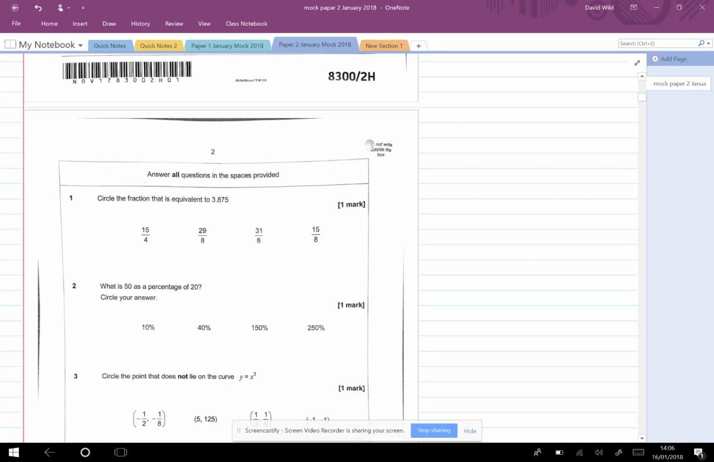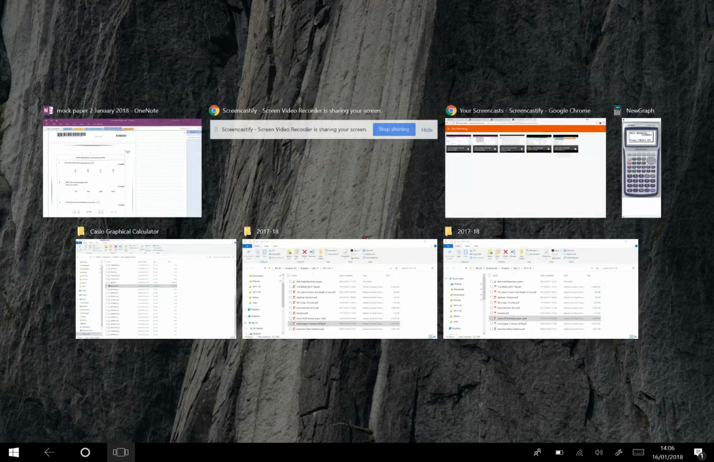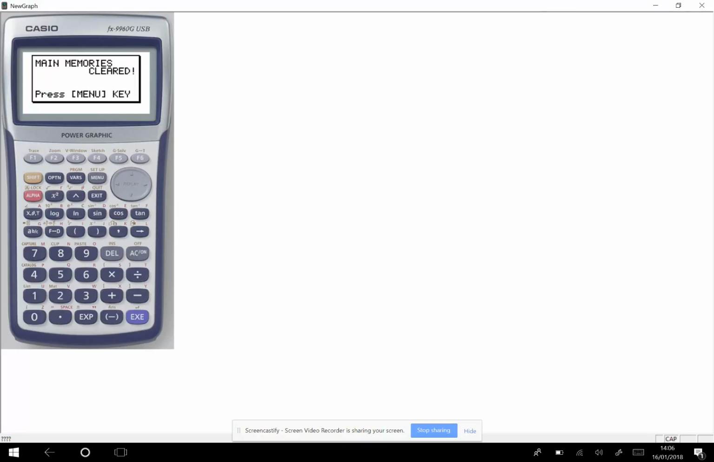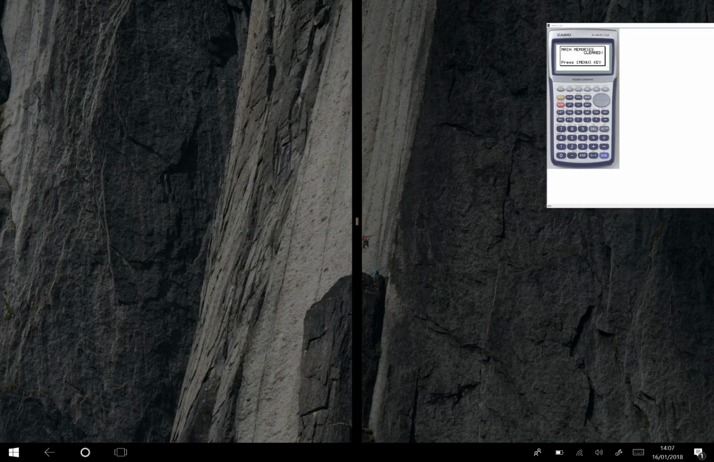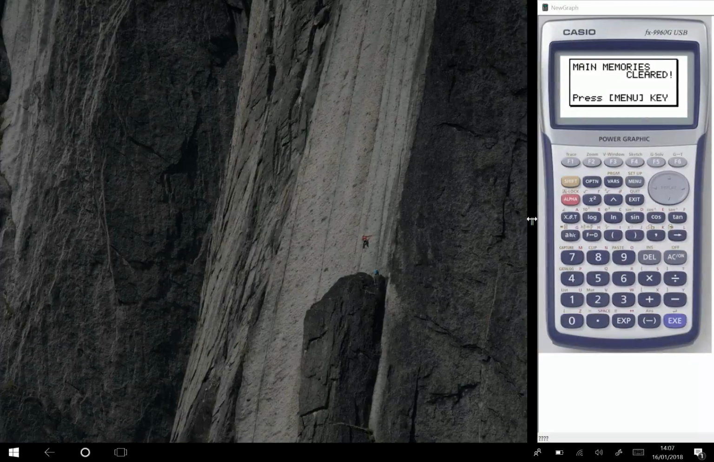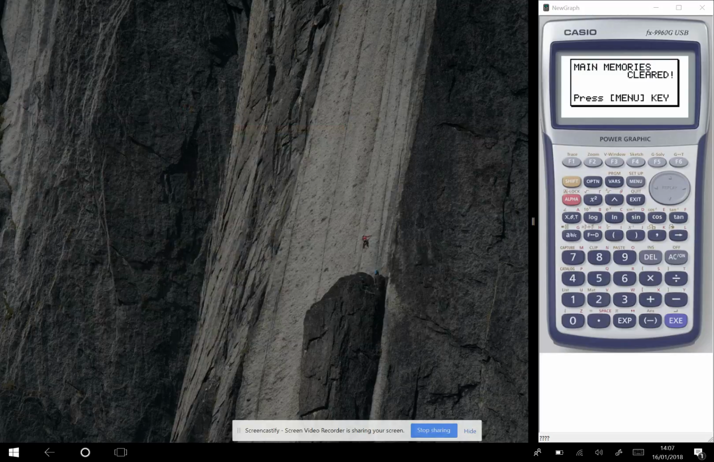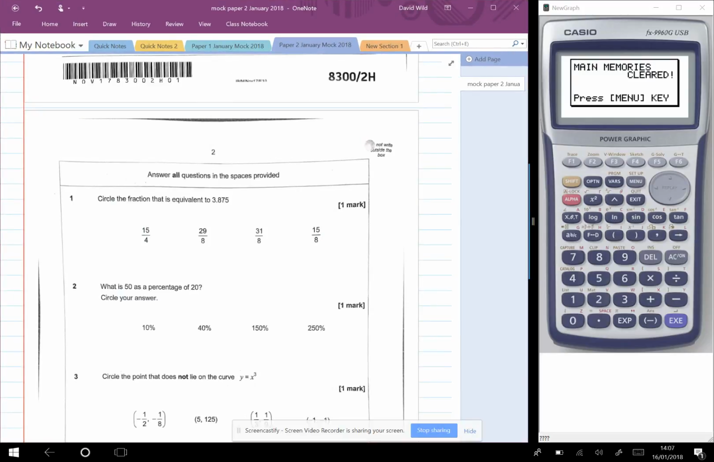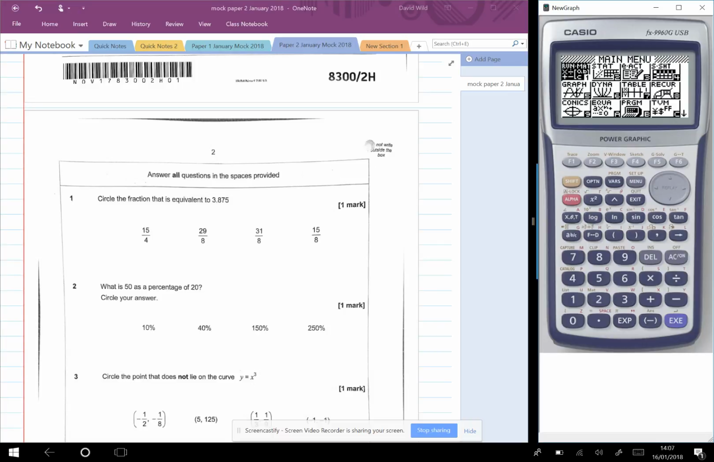Right, okay, so this is the paper 2 mock, and it's a calculator paper, so I'm just getting the calculator up on the screen here. I shall clear that. Here we go. Right, so circle the fraction that is equivalent to